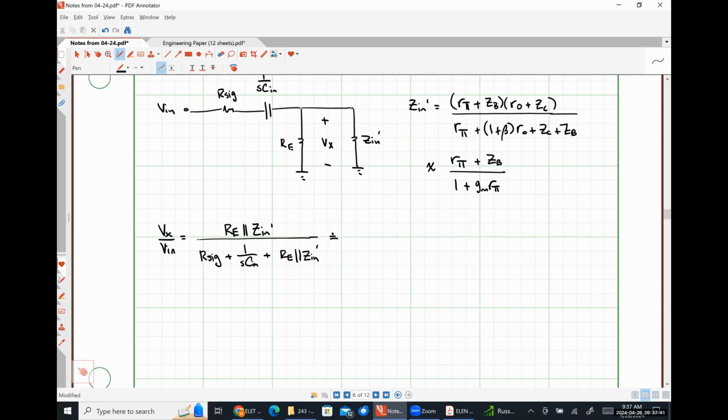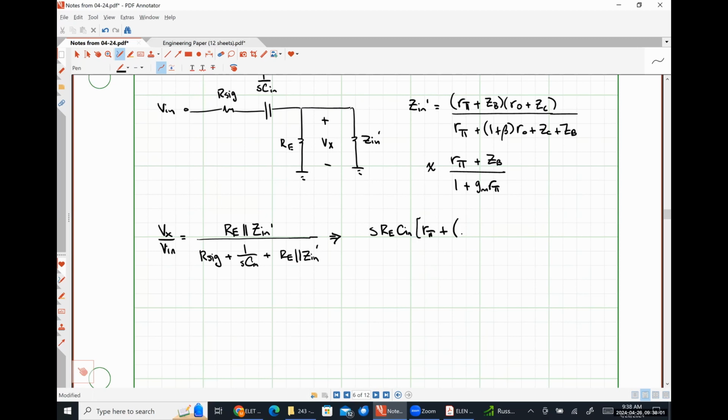And after several, and I do mean several, algebraic steps that I'm not going to make you guys suffer through, this winds up coming out to be S times RE Cn